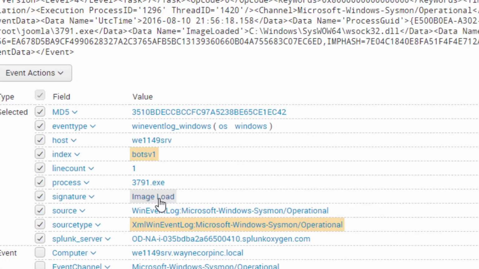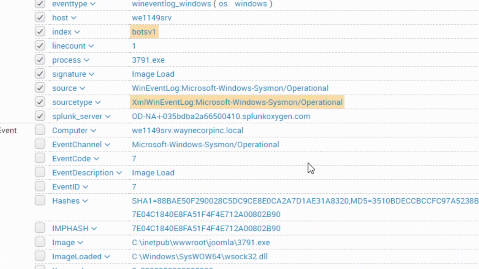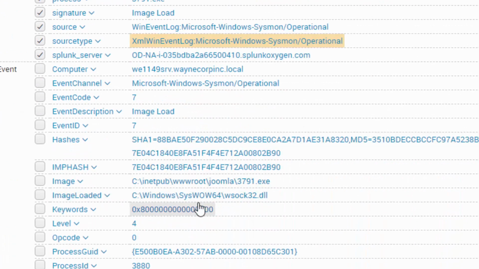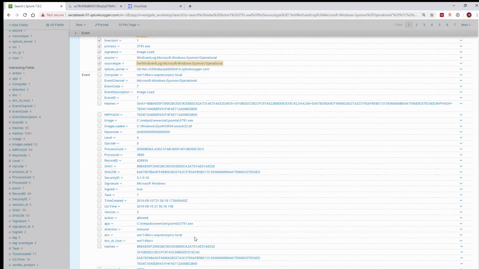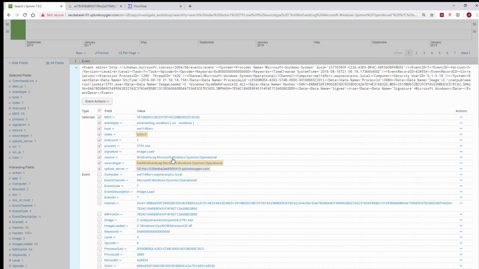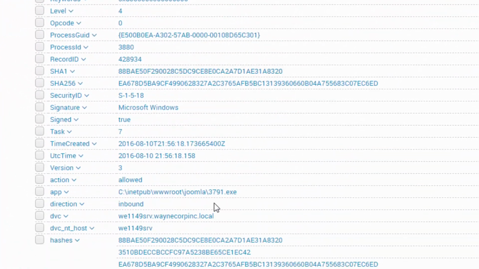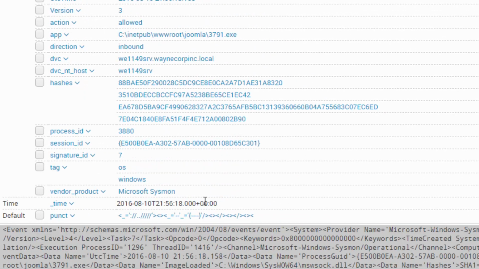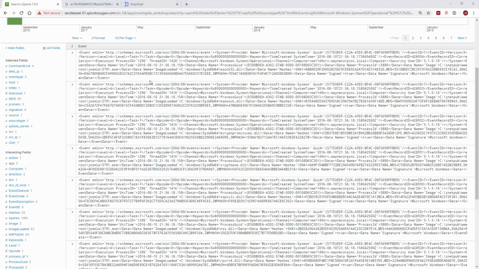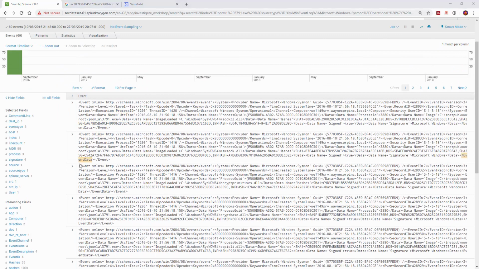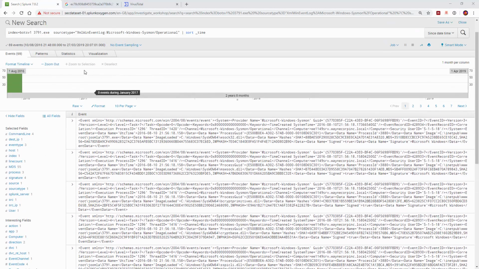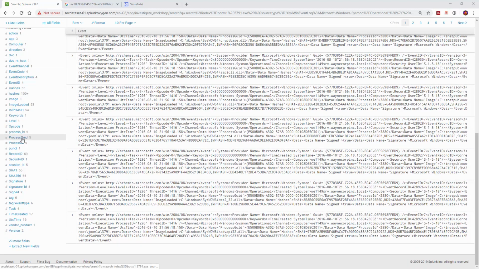So here we're getting an image load where our 3791.exe is involved. And we can see that the 3791.exe file is loading the winsock32 DLL, which suggests that this program, this virus or this malware, has some sort of network capability. And we can see that this was actually running inside the Joomla directory. Now, presumably the attackers are running their commands, the 3791, from that current directory, so we could add that to our command filter,